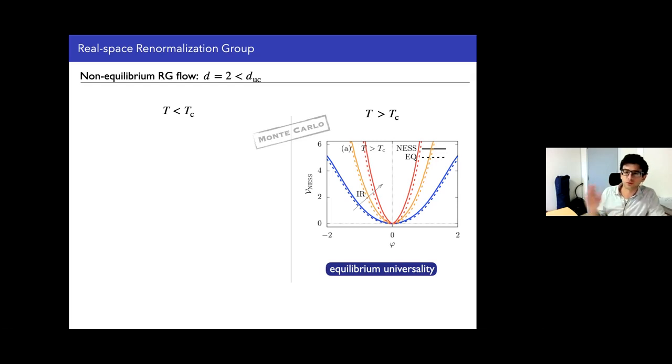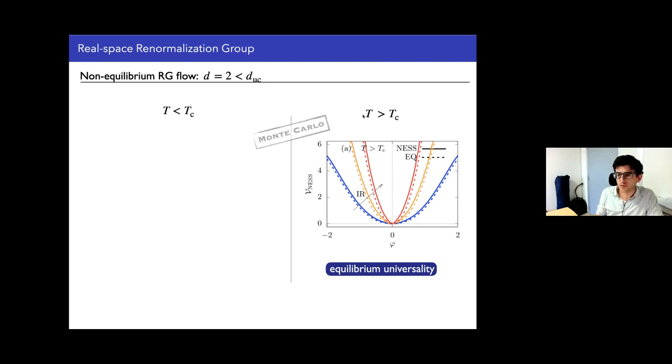We're not going to do the numerics for the heating problem. We're going to do the numerics for the Ising model following a quench. We're going to do the statistics of the magnetization. So it's a time-dependent statistics that you compute on coarse-graining boxes of size L times L, and you take larger and larger boxes. Then, out of these statistics, you use the renewal formula, and you obtain the stationary measure of the stochastic resetting Ising model. And then you take the log of this probability, and then you have your Landau potential, which you can extract numerically. And the results are qualitatively very similar to what we obtained before above d equals 4.